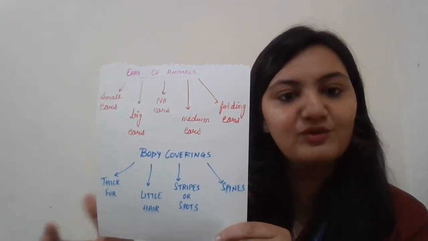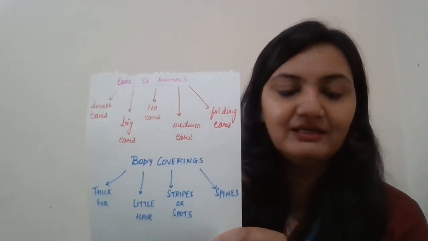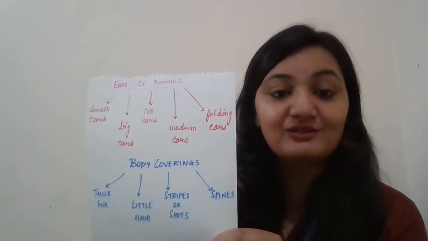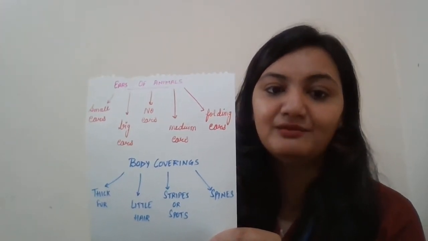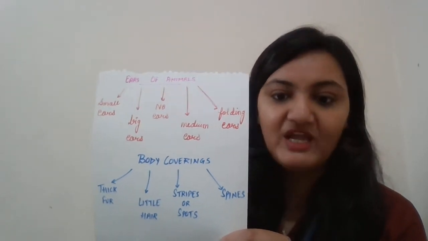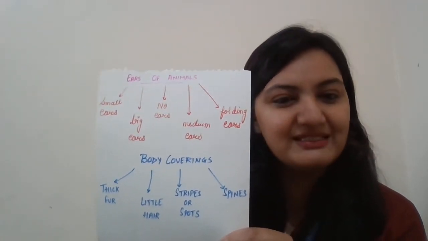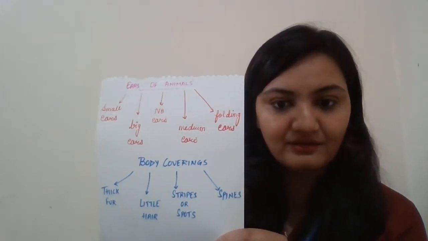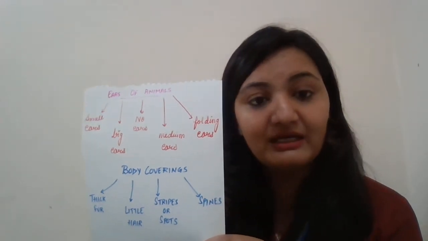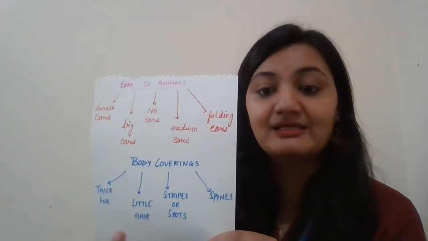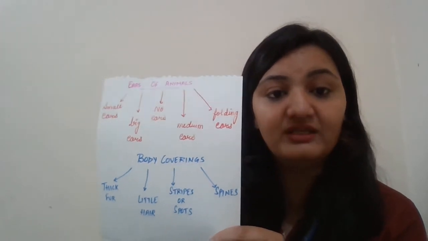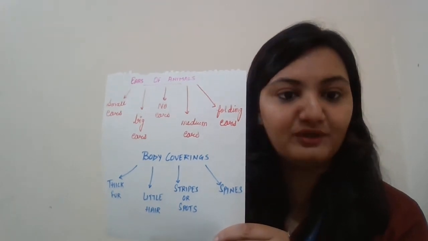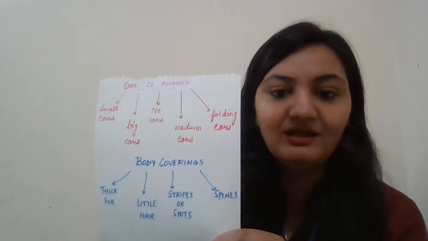There are certain animals who have a large amount of fat near their abdomen area. That is known as blubber, like dolphins. So that also protects the animal from excessive cold. The next one is little hair. You have seen the camel. The camel does not have too much hair, so he's not a very hairy animal. Why? Because that hair would create a lot of heat in his body. So a lesser amount of hair makes its body adapted to the large amount of heat in the desert.